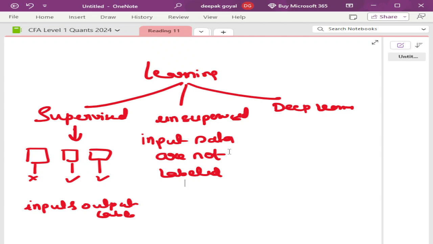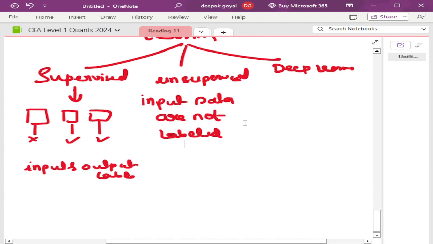So these are the three types of learning: supervised, unsupervised, and deep learning. In supervised, input and output data both are labeled, and it is very easy for the robots to learn from it. In unsupervised, it is very difficult because the input data are not labeled. There are 10 pictures and we do not tell the model which picture is the cat, so the model itself has to learn. But deep learning is like a very smart person. It can find patterns in the data and identify the obvious and the hidden clues inside the photos. Clear? This is the one section about the three types of learning.